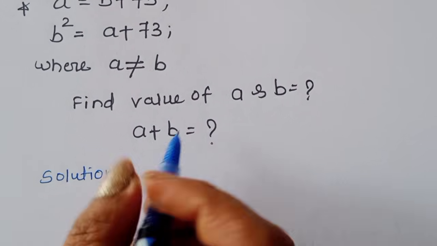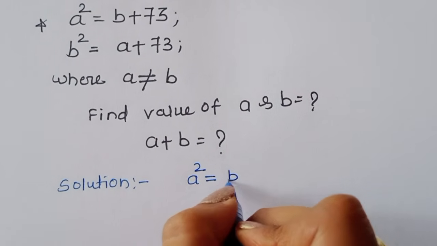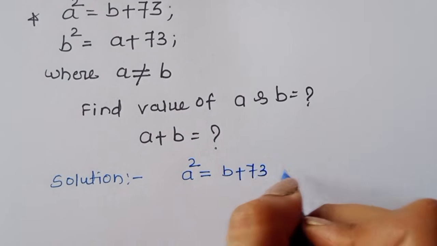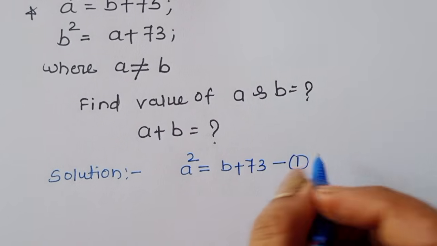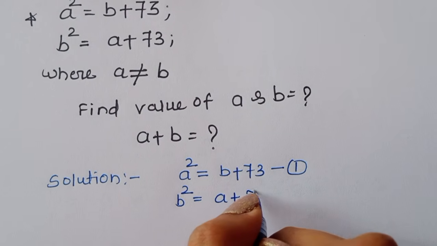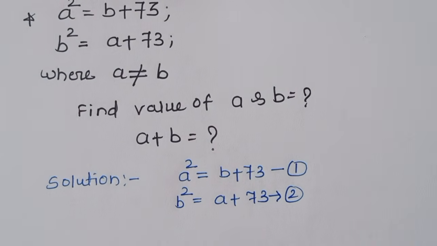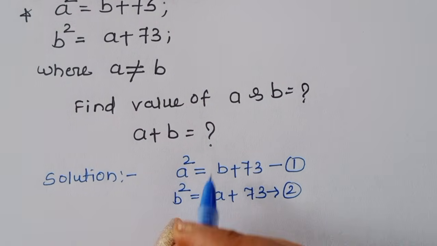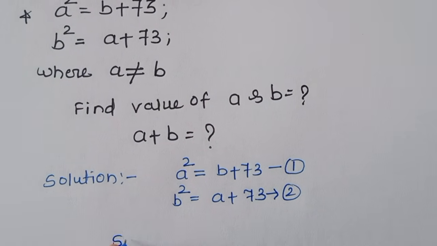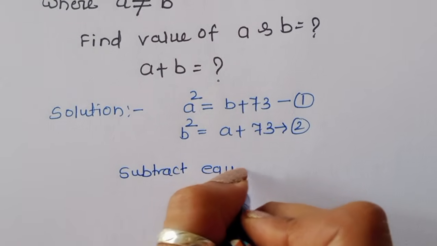Right, solution. The question is a square is equal to b plus 73. This is equation number 1. The next equation is b square is equal to a plus 73. This is equation number 2. Now we can subtract equation 1 and 2. So when we subtract equation